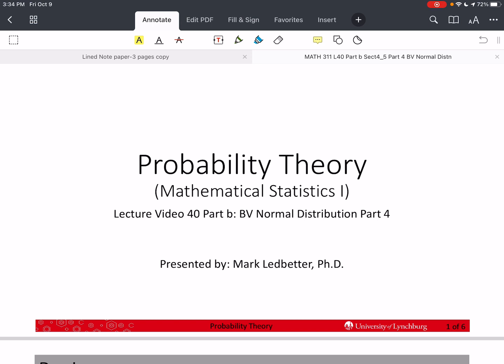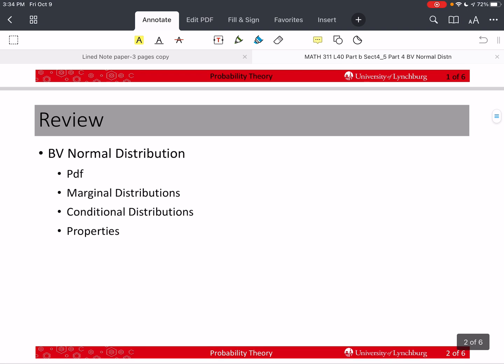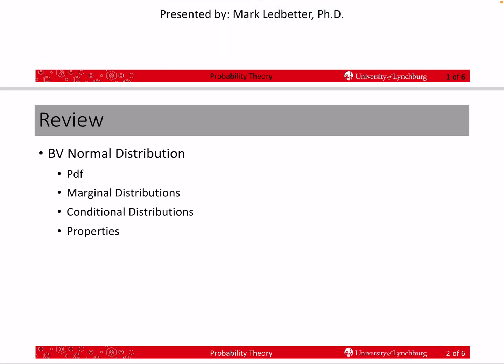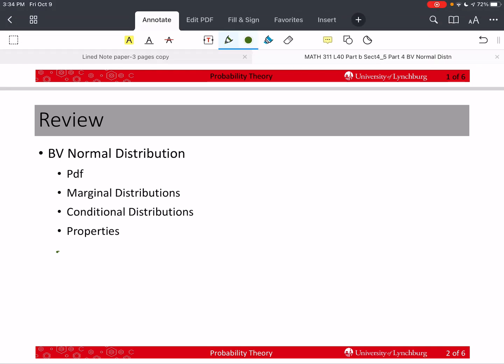We are finishing up the bivariate normal distribution. Up to this point, we have discussed the joint PDF of the bivariate normal distribution. We have derived one of the two marginal distributions, and we have derived one of the two conditional distributions. We talked about properties, and we also discussed the theorem